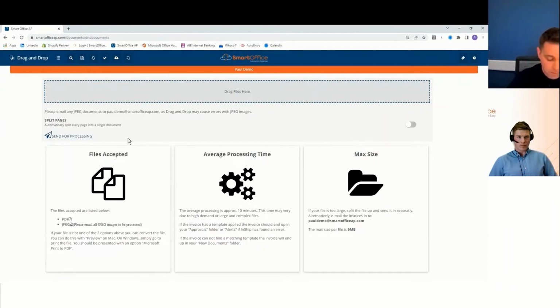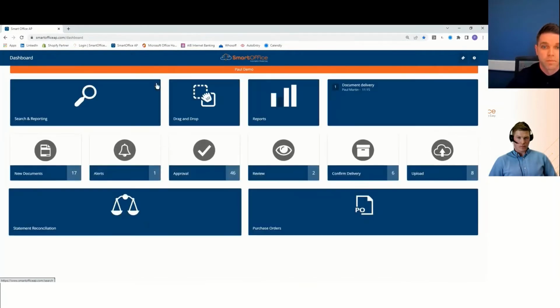Doesn't matter to us. We can also set up workflows off your scan or multifunction device capabilities that you can drop them into the top tray, 50, 60, 70 at a time, and hit one button, and it'll end up for processing in the SmartOffice system as well. That can be done from a central location, multiple locations, or indeed globally. Doesn't matter to us. Third tile up here, guys, is report functionality.